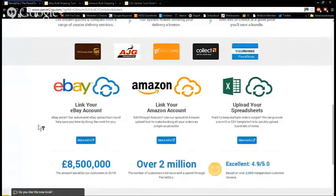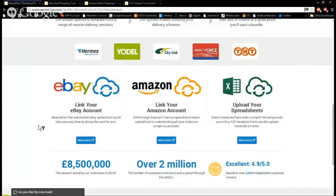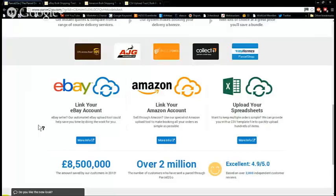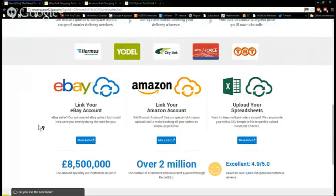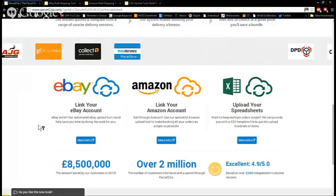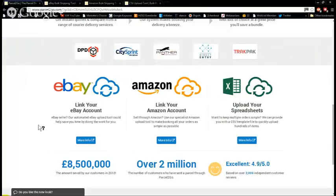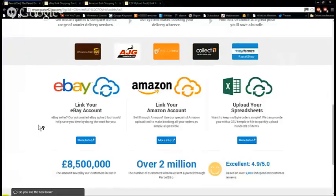So we'll come on to that in a little while, but that basically means that when you sell a parcel on eBay, you don't have to come out of eBay if you don't want to. You can go through the links and you can book your parcel through a courier like parcel2go.com within eBay, and eBay will tie the whole deal up for you. But please remember, eBay are getting a fee for doing so. So they are part of the food chain and they will be getting a fee. They're not getting a fee from you, they're getting a fee from the value of the account. So they're getting a fee from the charge on the postage. Now, it only may be pence, but you still need to be aware that they are affiliated in this way